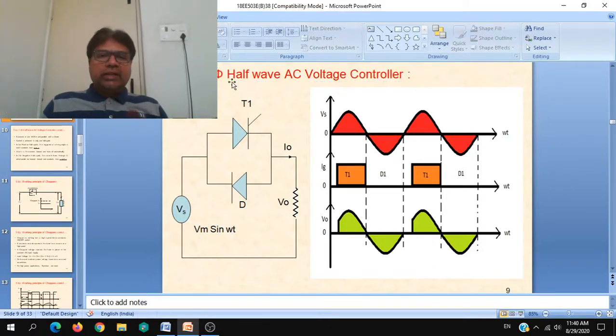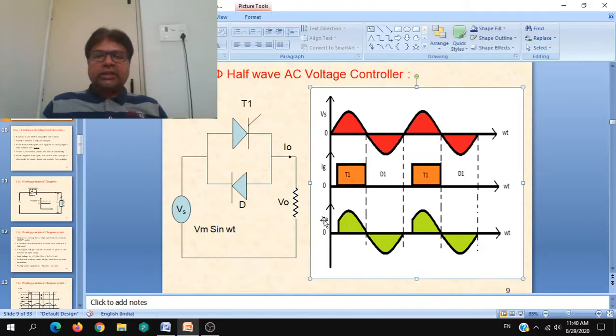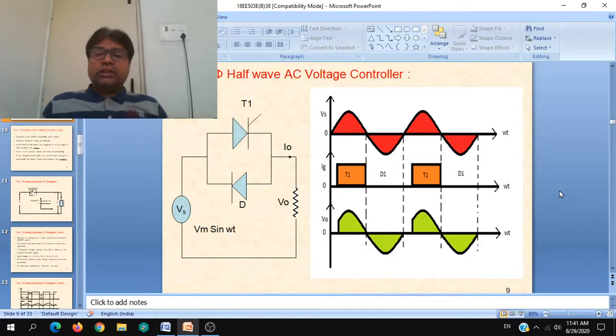This is half wave. The name indicates that the control of voltage is done only in the half cycle. This is the load voltage waveform. See, in the negative half cycle, the full supply voltage appears across the load as it is, negative voltage. But the control or firing angle is applied only in the positive half cycles. The load gets its voltage from alpha to pi, then 2 pi plus alpha to 3 pi, that is 540 degrees, and likewise. The triggering pulse to the gates of the concerned SCRs is given only in the positive half cycles.